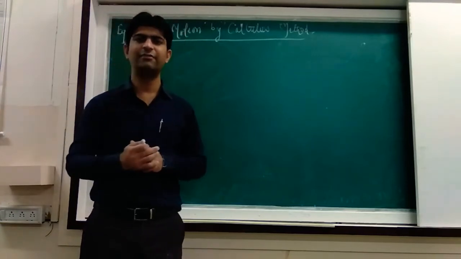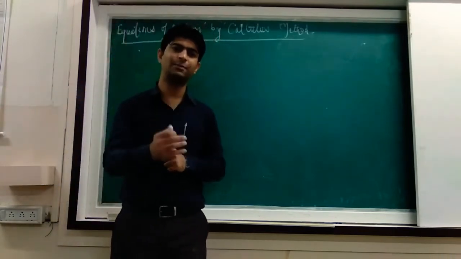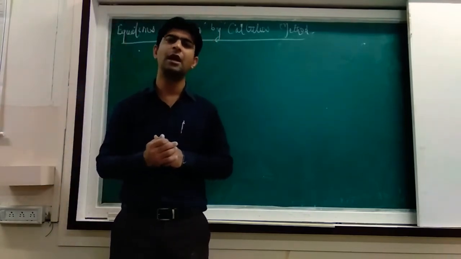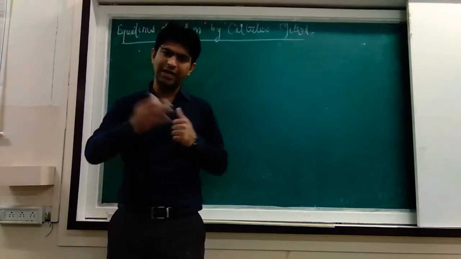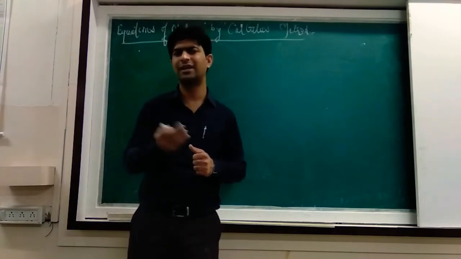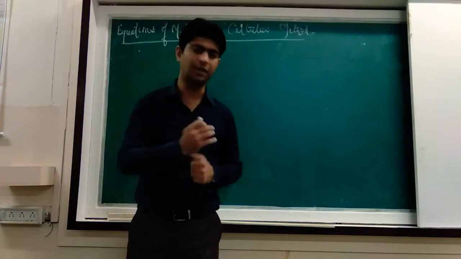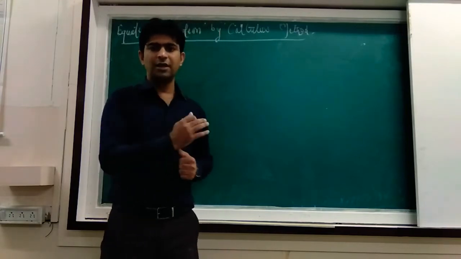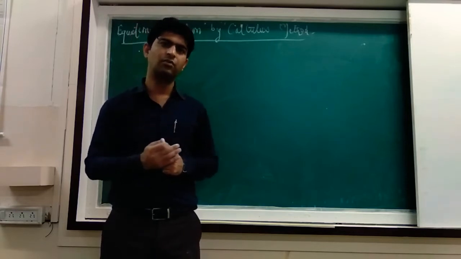We know the three equations of kinematics, which are applicable for a uniformly accelerated body. When the acceleration of the body is constant, these three equations are very helpful, which relate the different parameters of motion like final velocity, initial velocity, displacement, constant acceleration and time. So today we are going to discuss the calculus part, how to derive them with the calculus method.